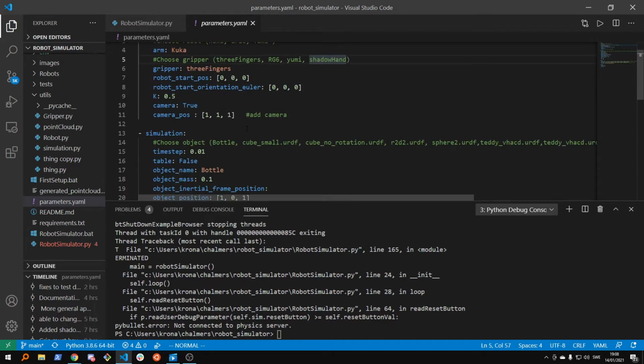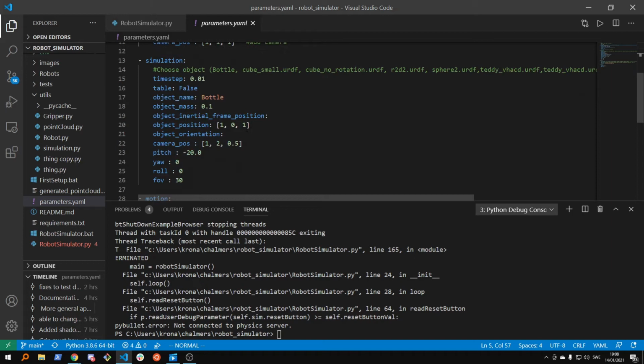Continuing into the simulation, we have some parameters as well, such as the step length, whether you want a table or what object you would like, and so on. And then we can continue with the motion